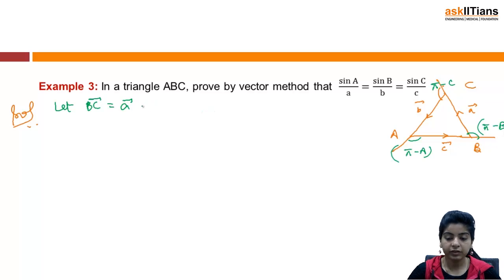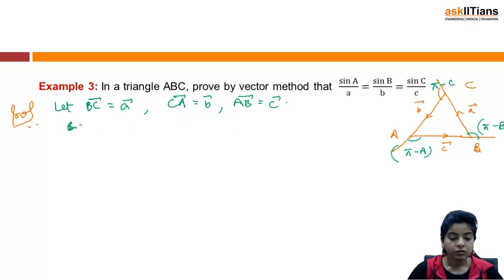BC is my A vector, CA is my B vector, and AB is my C vector. This is what I have assumed as per the figure that we have drawn. BC is A vector, CA is B vector, and AB is C vector. So, by triangle law of addition,